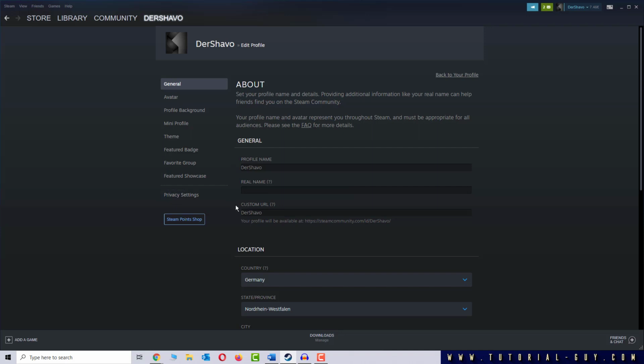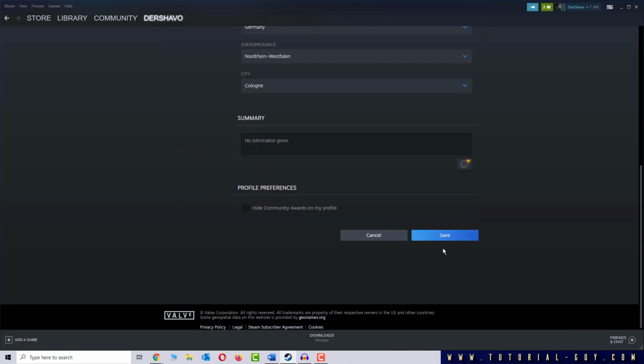If I haven't entered a name yet, the Steam ID is just a long number. We can see this when I delete my actual name. Here is my Steam ID number. But I can also enter a name, and in the URL I can see how my Steam ID changes. When I'm happy with my new Steam ID, I click on Save at the very bottom. And with that we are done.